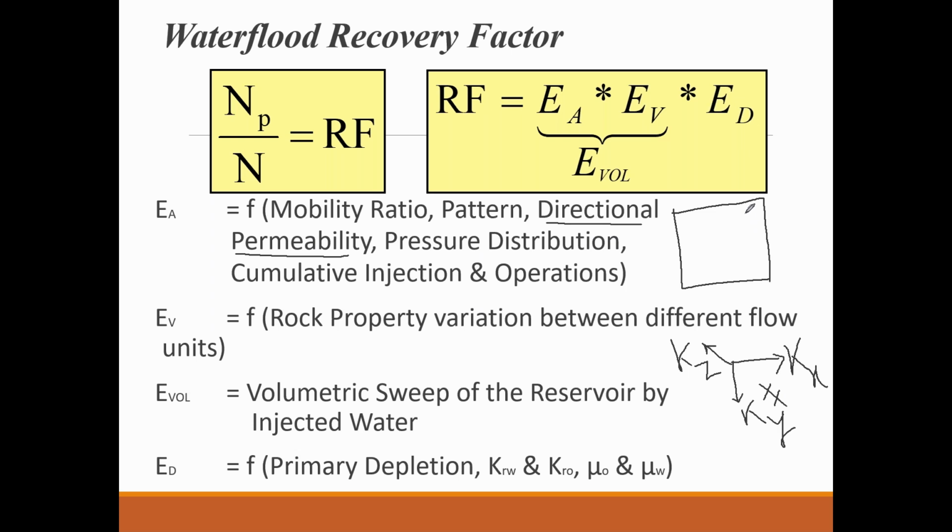Let me illustrate with this example. Let's suppose this is an injector and this is a producer, and your directional permeability is in this direction basically. Then the injected water will reach this producer. But what might happen? This is the case when you know that there is a directional permeability in the reservoir which is in this direction. But if this fact is not known to you, you will try to put this producer here,